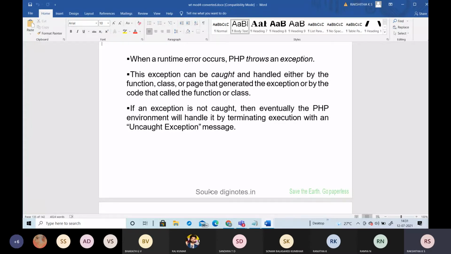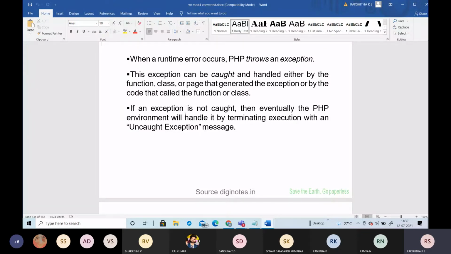The runtime error we are facing is the exception, and it can be caught and handled by any of the functions or classes you have written inside the program. These can manage whatever exception is caused by the runtime error.